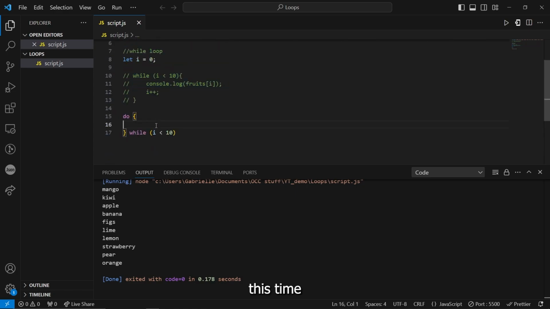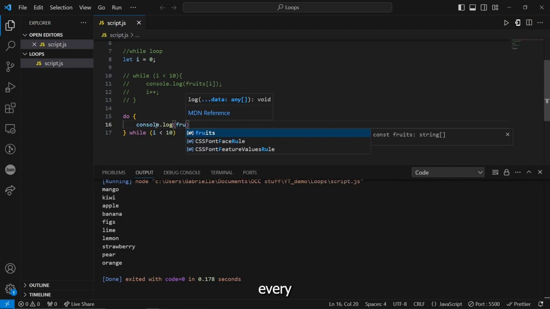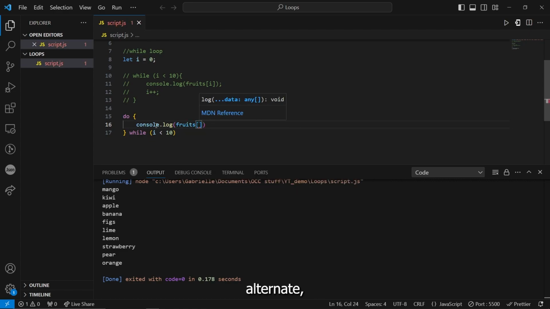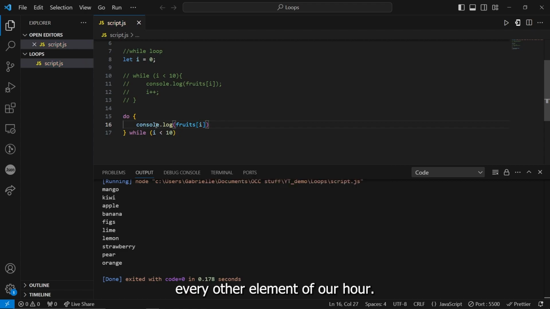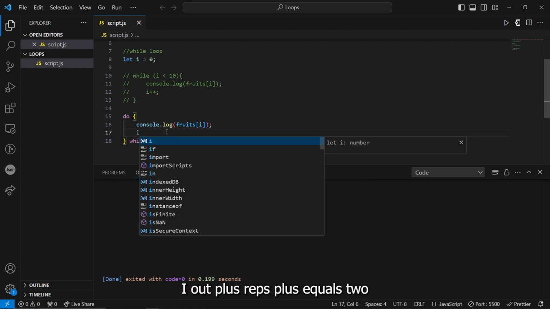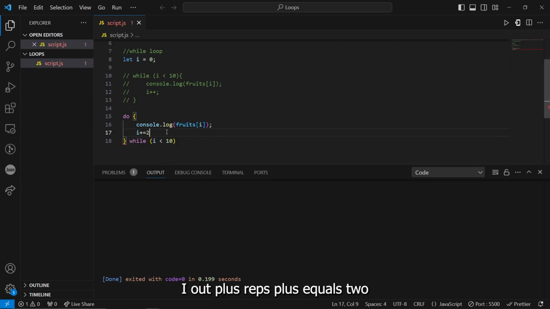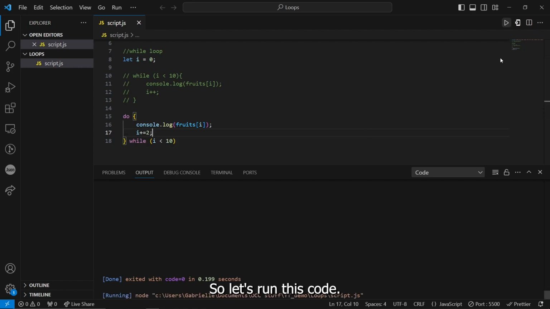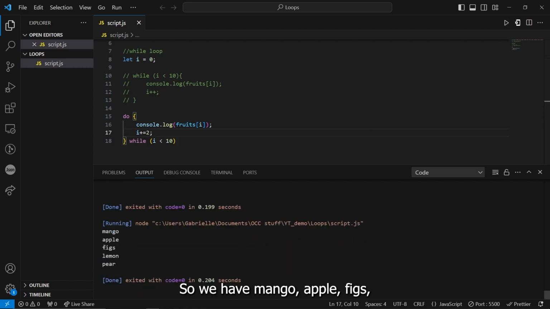And this time, we will only print every other element of our array. So instead of i++, let's iterate it by 2. It's going to be i plus equals 2, so that we only print every other element of our array. So let's run this code. There it is. So we have mango, apple, figs, lemon, and pear. We printed out 5